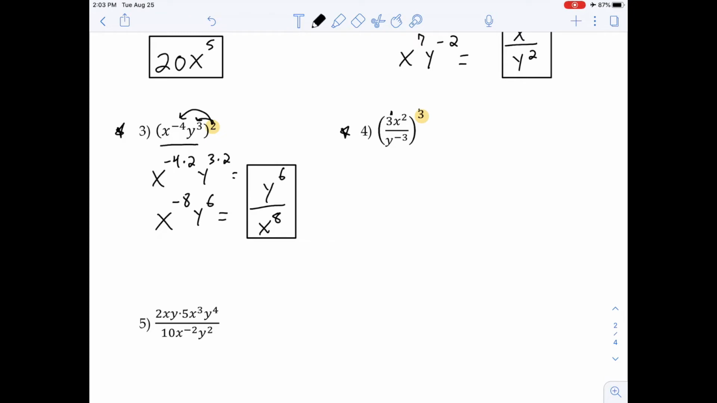So we need to distribute the 3 to the 1st, distribute it to the x squared, and then distribute it to y to the negative 3. So what is that going to look like? It's going to be 3 to the 1 times 3, x to the 2 times 3, over y to the negative 3 times 3. So then that will give us 3 to the 3rd, x to the 6th, over y